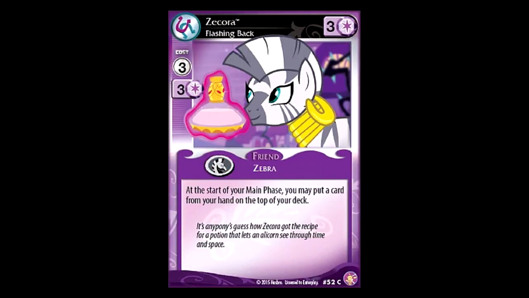Zecora cards have always kind of been about putting a card from your hand onto the top of your deck to manipulate face-offs, but they've always found some little way to make it unplayable. This time I think they finally just straight out got it right. First of all, you can put the card from your hand onto the top of your deck during the main phase,